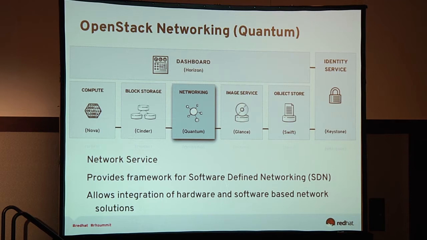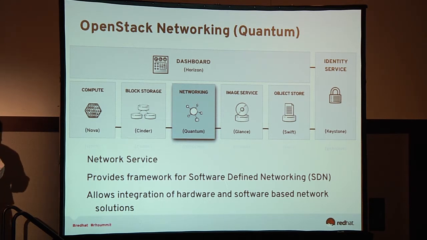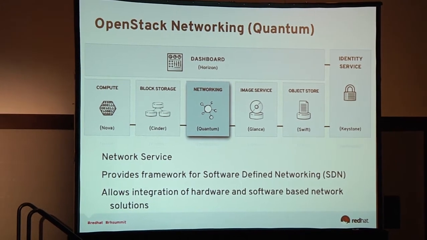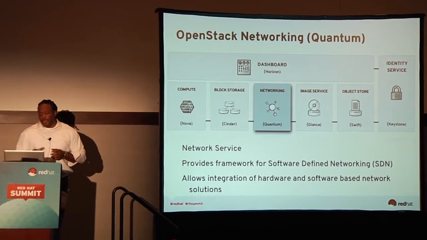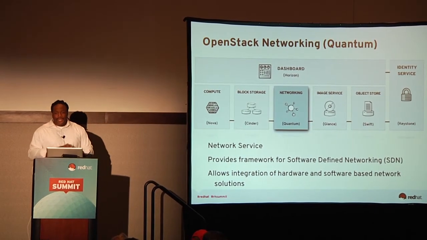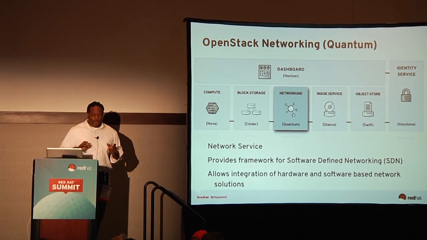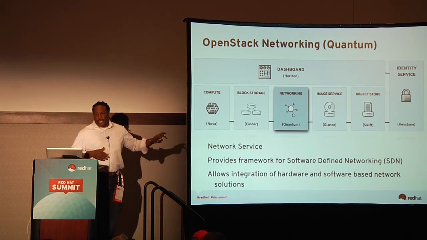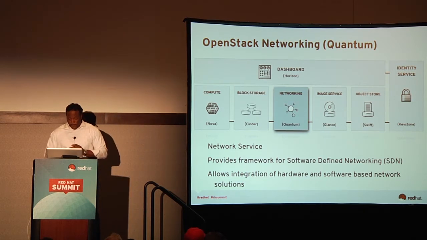So basically, it gives you the same plugin model where you can have network vendors, hardware, software, where Quantum, as the capstone of the framework, would then talk to the various plugin providers to spin up or manage IP addresses, create L2 over L3, layer 2 over layer 3 networking models. Things like QoS and security groups are handled by Quantum. So any networking requirement within your virtual machine environment, Quantum is the guy that's doing the policing for that. Okay?